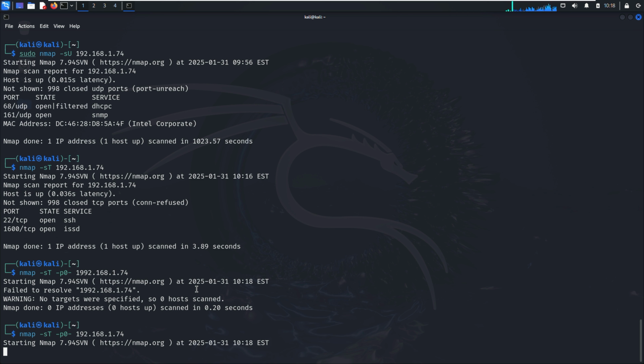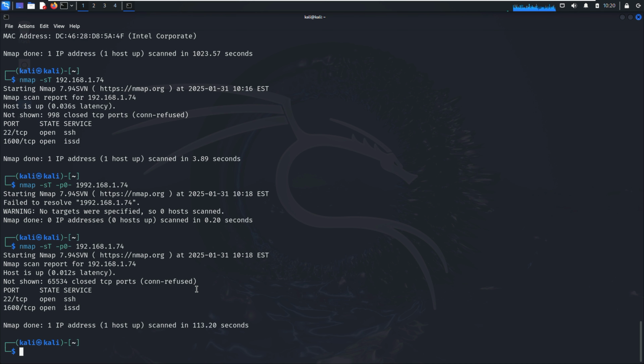Okay, as much as I say 65,000, I mean 65,535. This will take a little bit longer than the 3.89 seconds previously, but as it's the TCP protocol, it should also be relatively quick. This should take us less than 1 minute to do every single TCP port on this computer. It should take much, much less time than it did to do the most common 1,000 UDP ports. And there we go. We can see all ports on the TCP protocol have been scanned in just over a